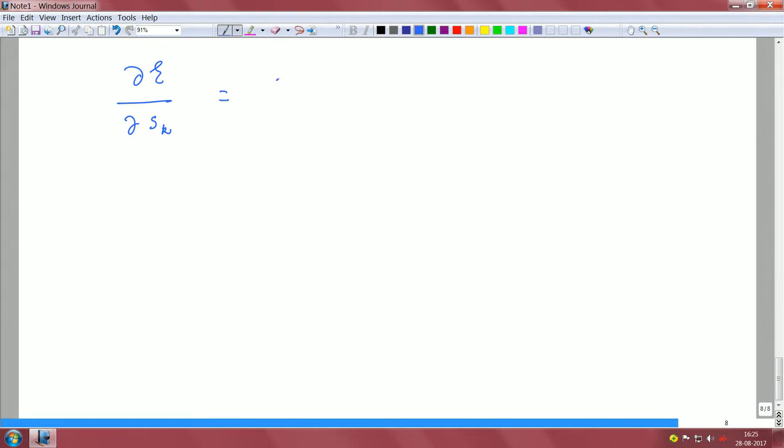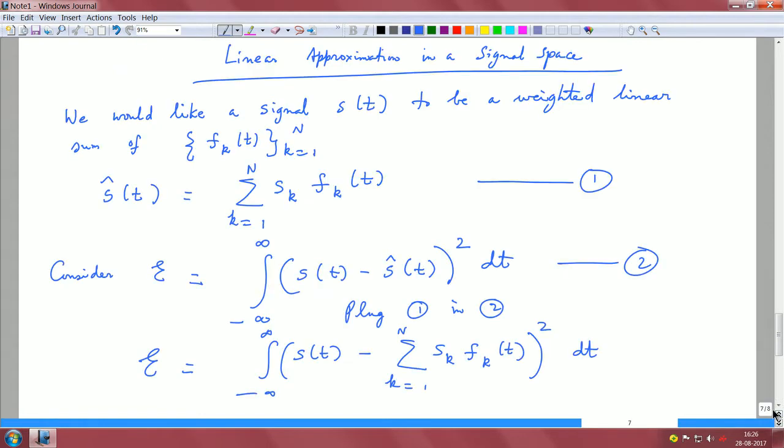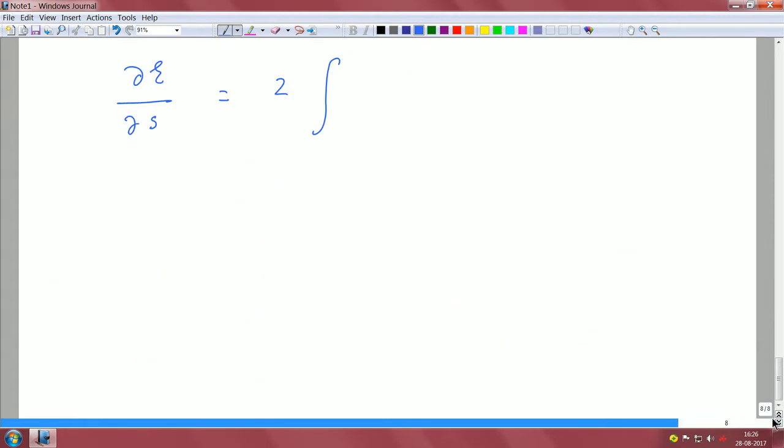So, I have 2 times. Maybe I could make this S_n here, since I have some k's there in the last slide. The summation goes from k equals 1 to n, so maybe I take the derivative with respect to S_n, without loss of any generality. So, I take the derivative of the error with respect to S_n,